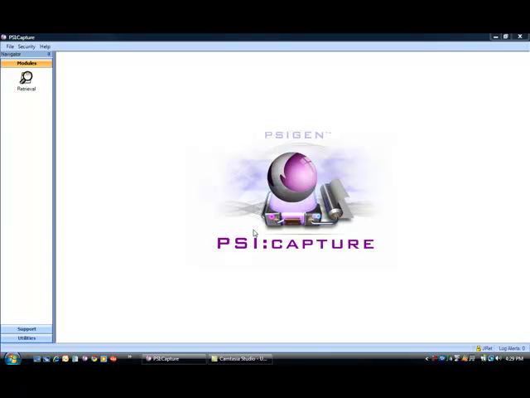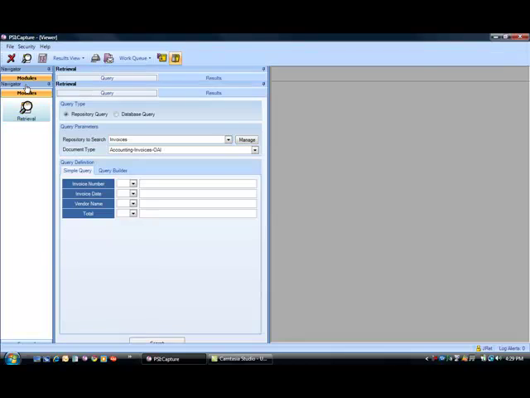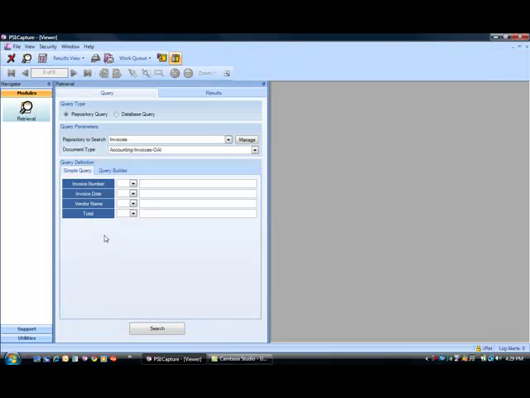This demo will go over the features and functions of PSISearch. PSISearch is a robust desktop search and retrieval application. The application can either be added to PSIGEN PSICapture as a retrieval module, or it can be run as a standalone workstation search utility. If I click on the retrieval module within the PSICapture interface, it brings up the PSISearch